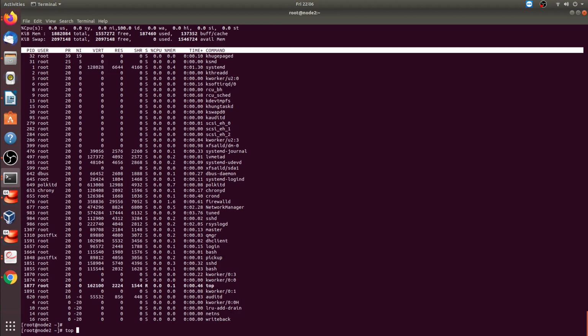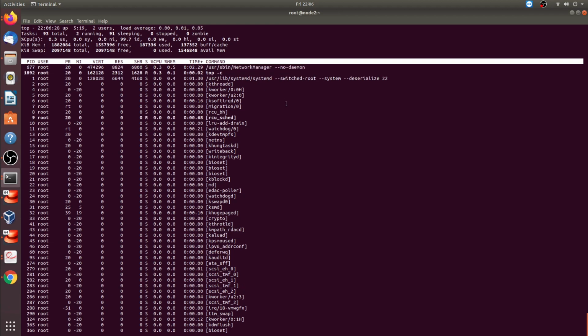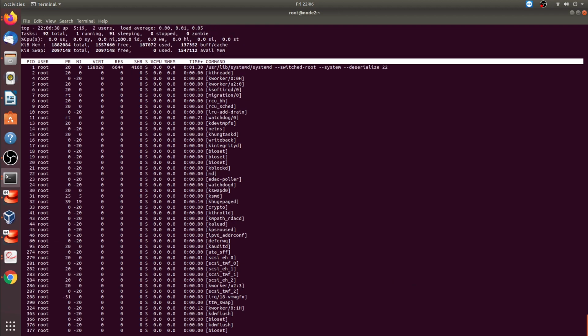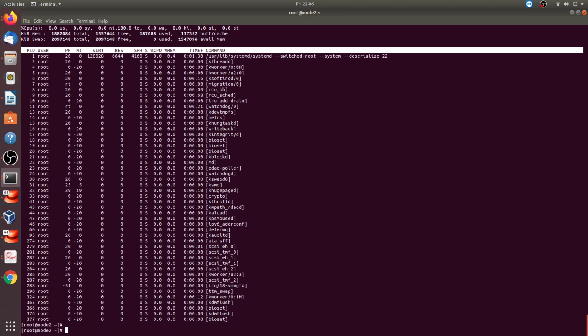And the other option is dash c, which just means you can see a difference, right? The command column gives you the full information, the absolute path, where the file is. This is more information about what kind of command you are using for this top. Okay, and the other thing is when you use top, it always keeps refreshing every 3 seconds. It's good for human beings, we can see it in real time, but it's not good for scripts. A script wants to get the output right away and save the output to some file for